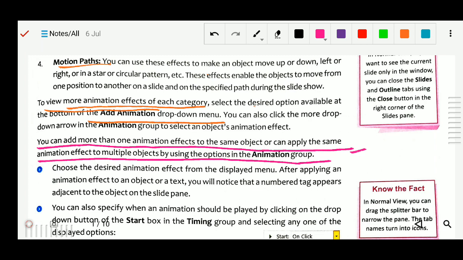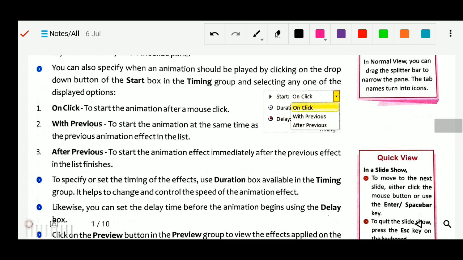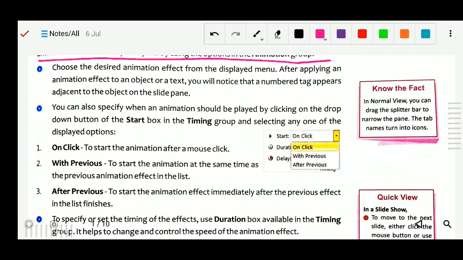Then choose the desired animation from the displayed menu. After applying the animation effect to an object or text, you will notice that a number tag appears adjacent to the object in the slide pane.